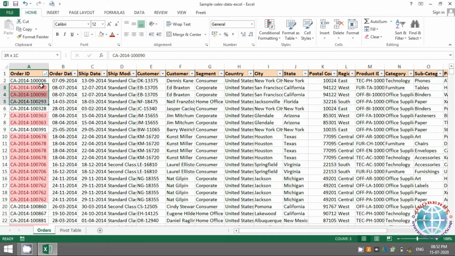So you have these groups, okay, and you can understand that this specific order ID has many duplicates and so on.